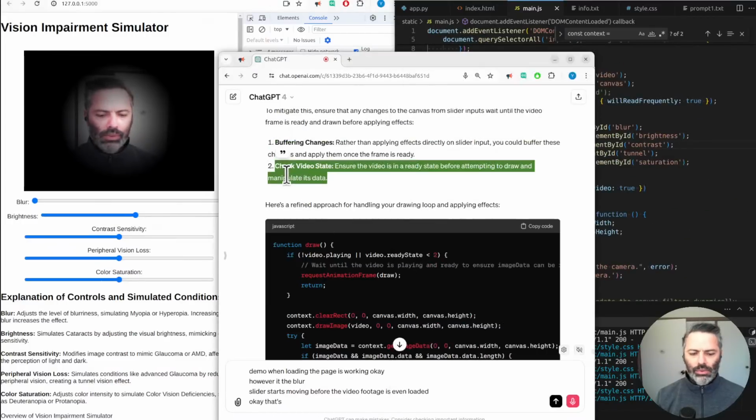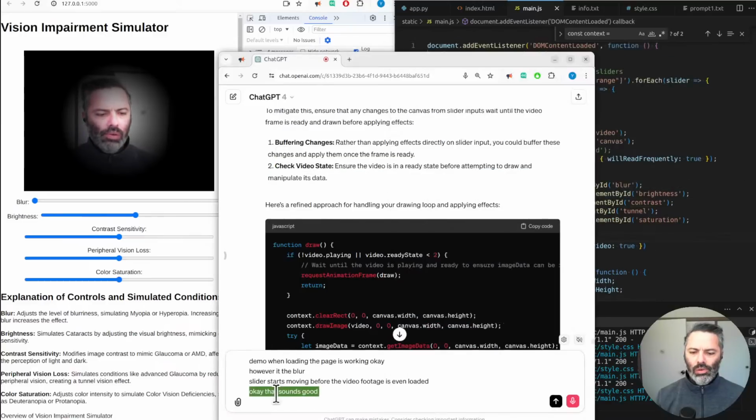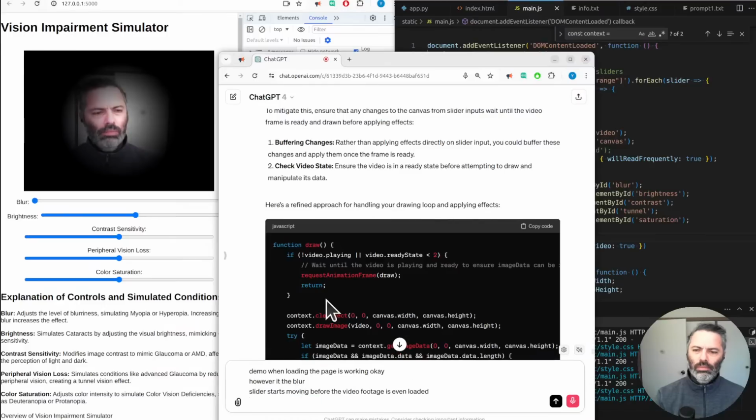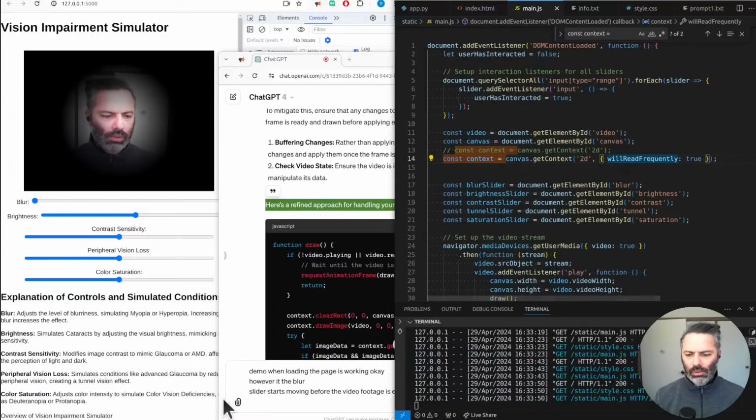Okay, that sounds good. Check video state. Ensure the video is in a ready state before attempting to draw and manipulate its data. Okay, so in the draw function,